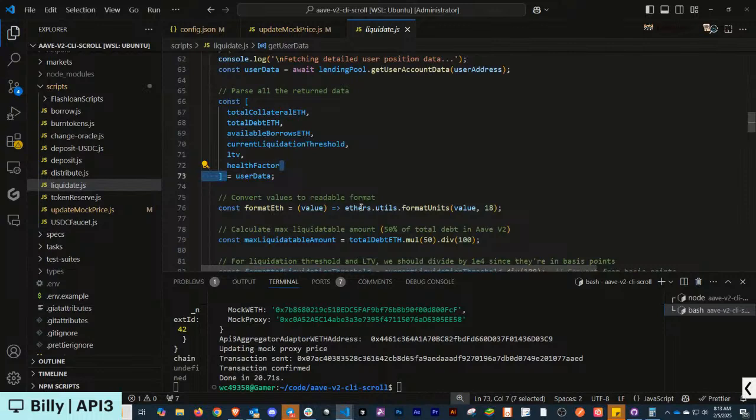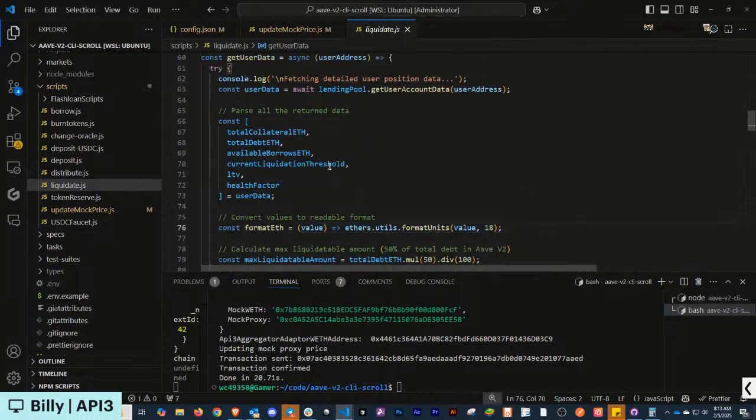And I want to make sure that it is in 18 decimal values because it comes back in hex values. And then just a note that these liquidations on Aave V2, everything is based in ETH, not on the USD value. So if you want a USD value, you have to convert it yourself in the script. But I want to keep it as simple as possible. This is what you get. You get values in ETH.